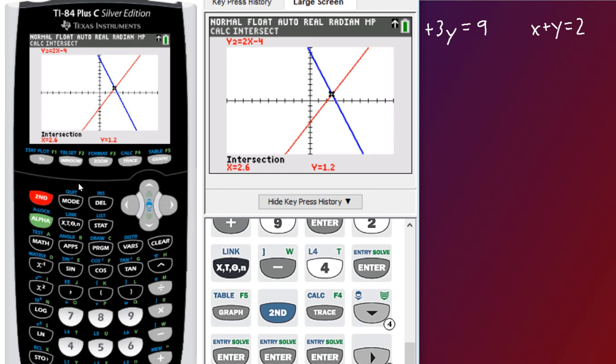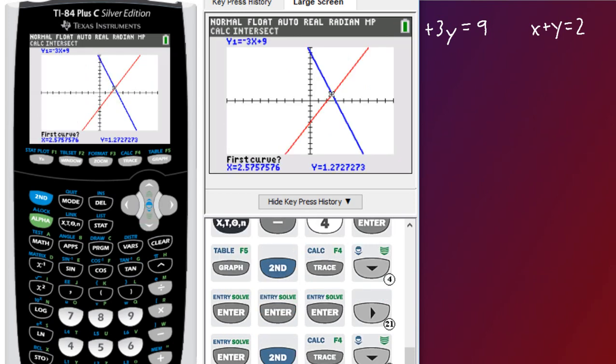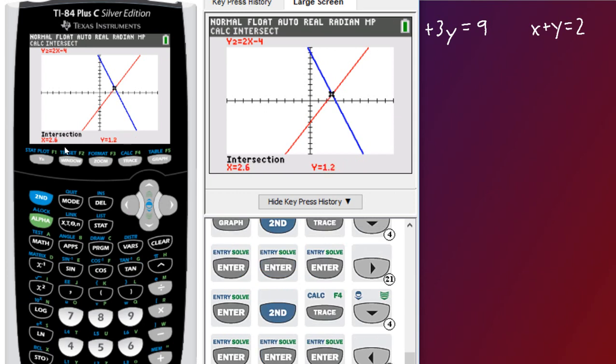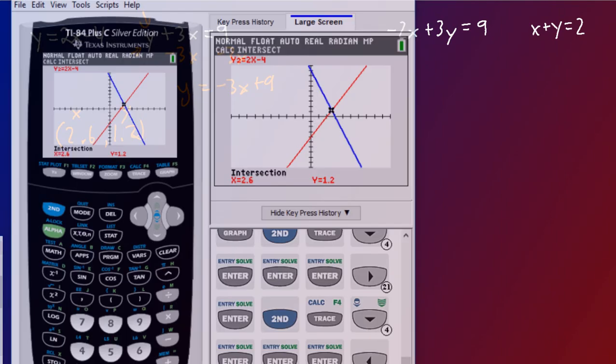So let's just make sure that I put that in right. I'll intersect that once more. Press enter, enter, and guess. I'll just put it to the other side. I should get the same thing, yep. 2.6 and 1.2. So that's what I got here. 2.6, 1.2. So this is x, this is y. Now I do want to verify, did I actually put that